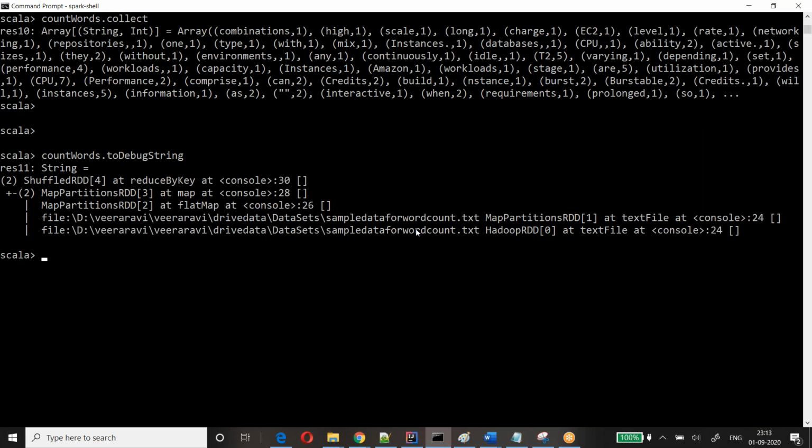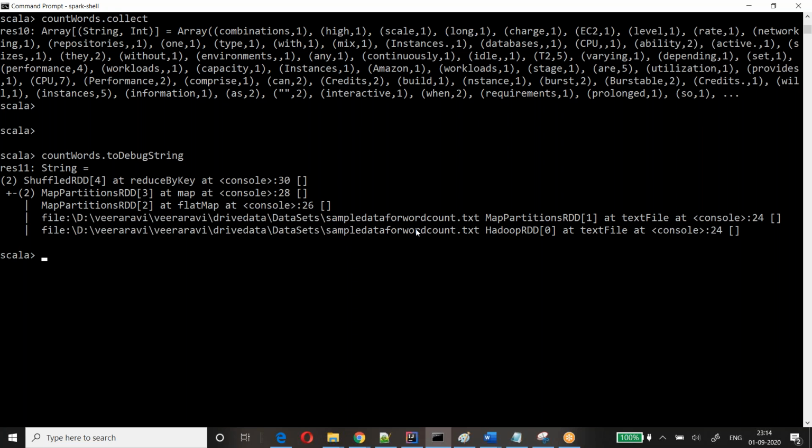Checkpointing is like cache and persist only. But what will happen is the cache and persist will store the lineage information, okay? In case of any failure, it can reconstruct it. But the checkpointing directory will not. And for the checkpointing directory, we will always give an HDFS directory, and that directory should be available on every node, not executor, I can say every node. So in checkpointing, in case of any failure, it will again recompute everything.